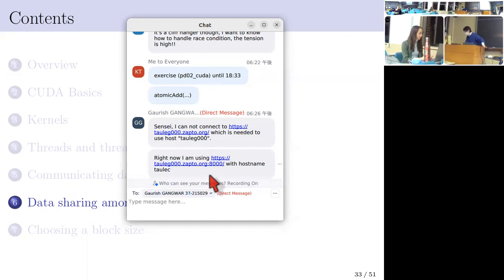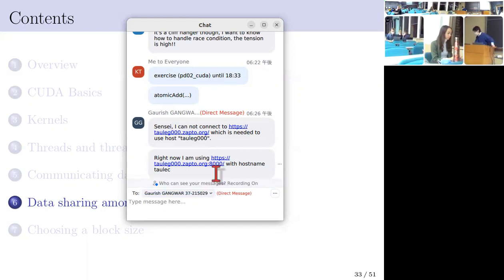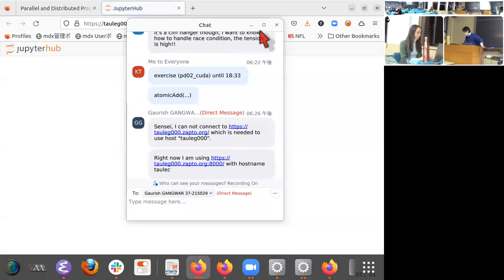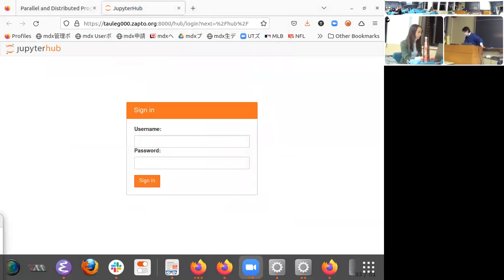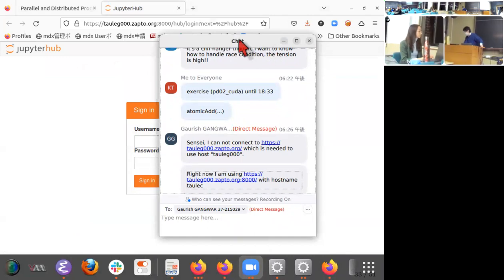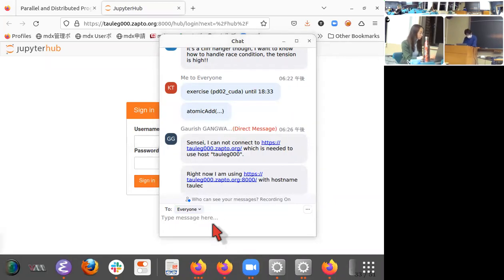I don't know what you mean by right now you are using this URL with hostname tablet. You should be able to access this URL like this. Does anyone have trouble accessing it? Okay, it may not be visible to everybody in the room. So the URL you need to access for the CUDA experiment is